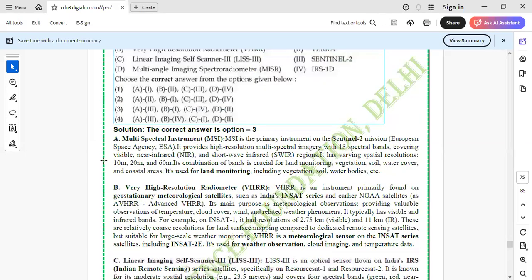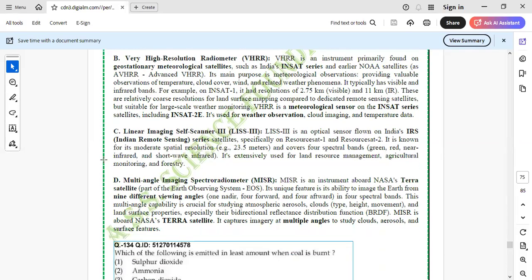देन इन लास्ट we have the Multi-angle Imaging Spectroradiometer, MISR जो आप बोलते हो, माइजर है आपका, जो इसको आप बोलते हो कि सेंसर का नाम। तो Multi-angle Imaging Spectroradiometer, MISR, माइजर बोलते हैं आप उसको। तो it is an instrument on board NASA Terra satellite, जो मैंने बताया part of Earth Observing System, EOS का सिस्टम का पार्ट है। Its unique feature is the ability to image the Earth from 9 different viewing angles. 9 एंगल से ये आपको दे सकता है इमेज। 1 नादिर, 4 फॉरवर्ड एंड 4 आफ्टरवर्ड्स, 4 आगे 4 पीछे, ठीक है, और एक नादिर पॉइंट से,